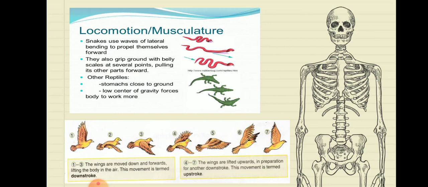Then the next organism we'll see is the birds. Now you might have seen birds, they can move anywhere. They have legs and wings for carrying out movement. So birds have a pair of legs and a pair of wings. A pair means two legs and two wings. When birds are on the ground, they walk or hop around with the help of the legs. Legs, or we can call them hind limbs. Hind limbs means those which are present at the back side of their body.